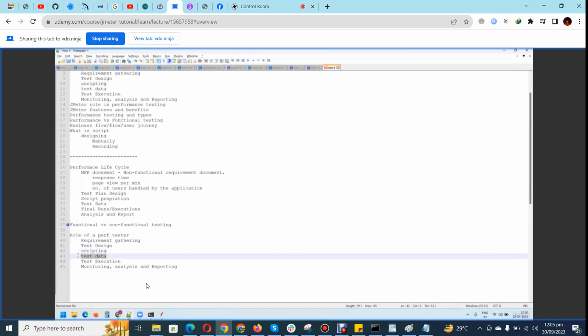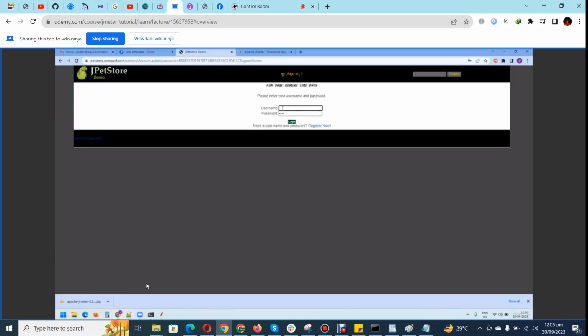And then test data. This is also an important point. If I have to test this application, definitely there is a requirement of test data. If I have been asked to do the login flow for this application, I need login details, right? If I have to log in to the application, I definitely need